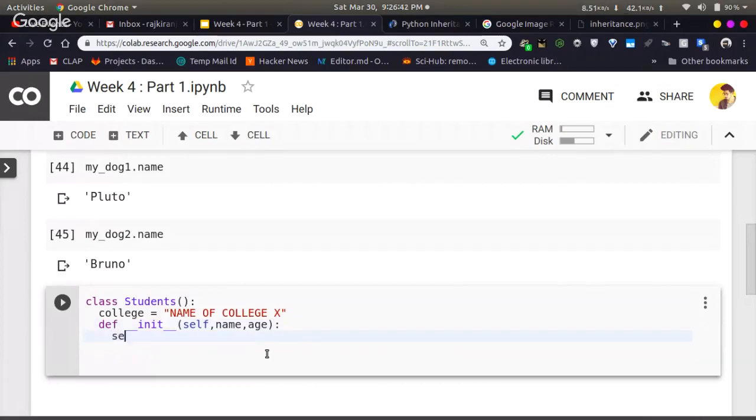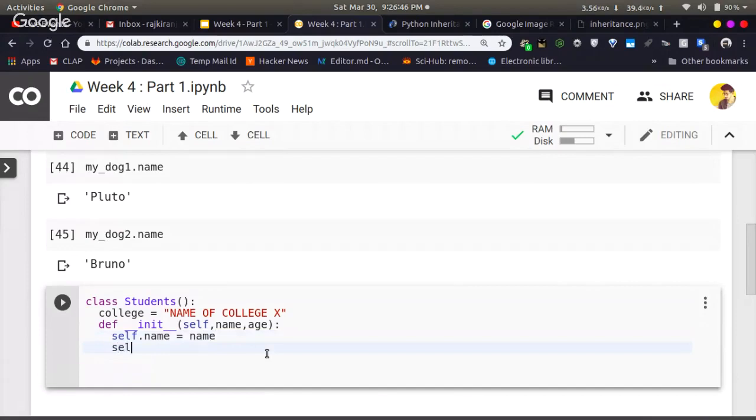Now I'm using self dot, passing his name as name, and self dot, passing